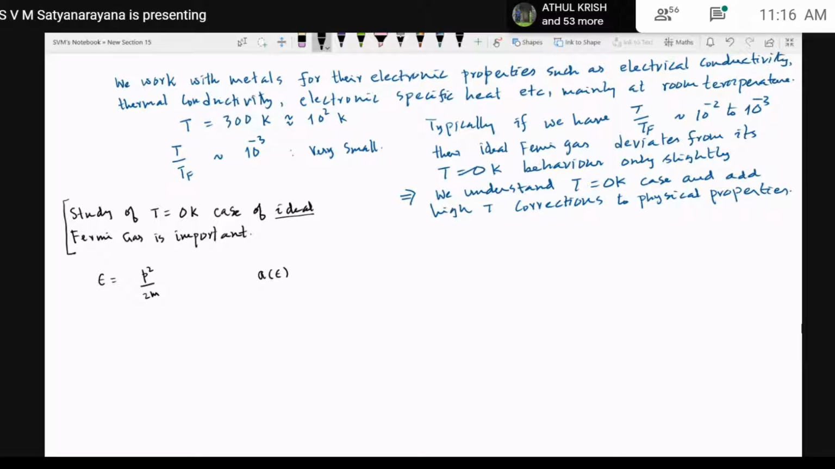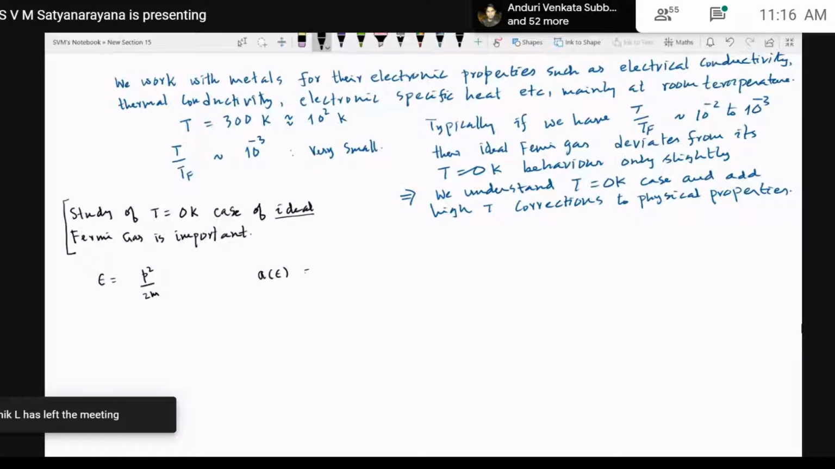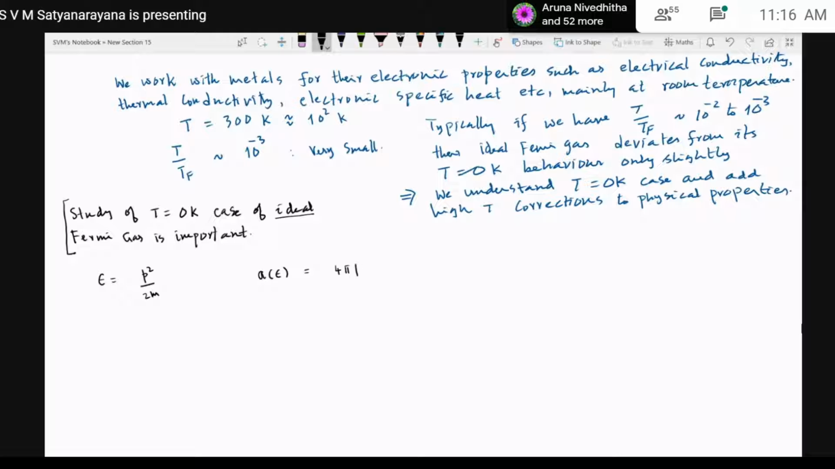Actually, the expression that I have written down earlier is itself valid. Okay, but let me write it in the following fashion. Density of states is given by 4 pi p square into dp over d epsilon into d epsilon. That is in your p space. Okay, so you have a p space and you have a sphere of radius p,